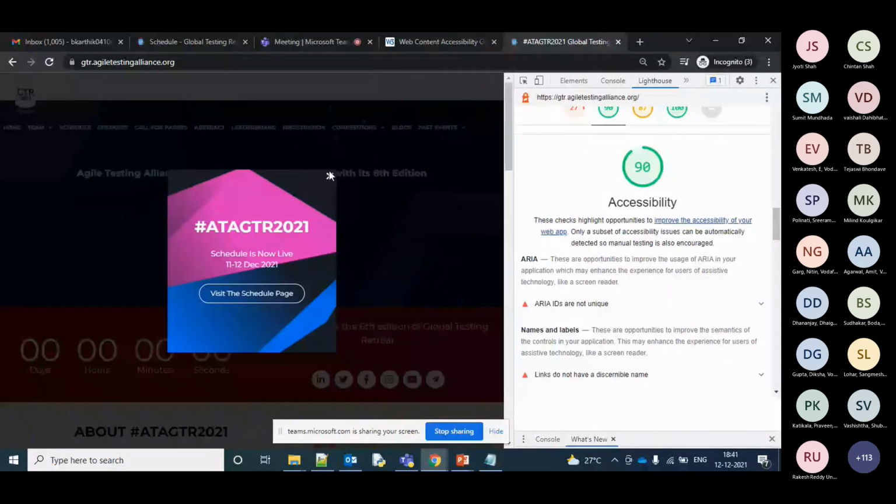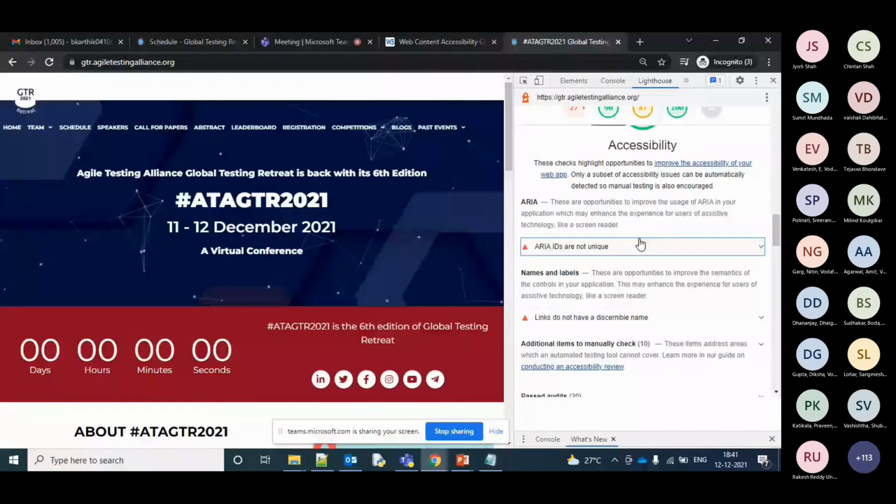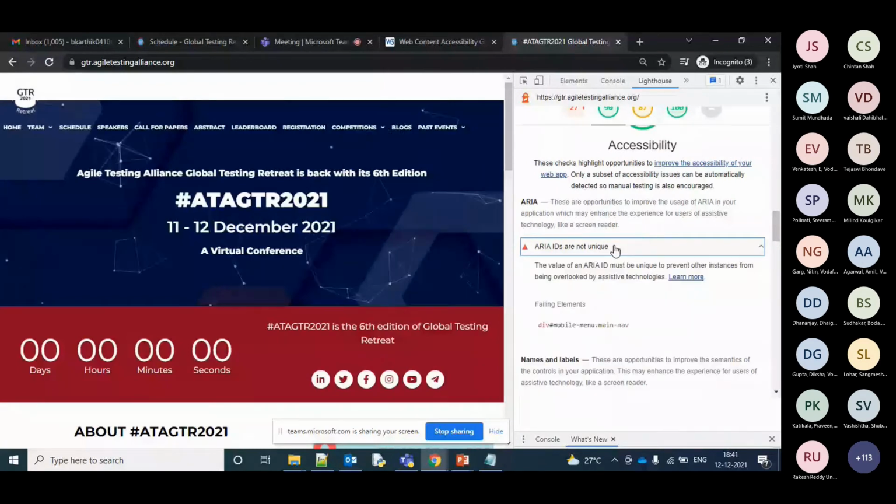you can see all the ARIA issues that have failed. They have ARIA IDs that are not unique. Somewhere they have written the main menu. What this means is, on the page, if you look at it, there will be two menus, one for your mobile and one for your web.